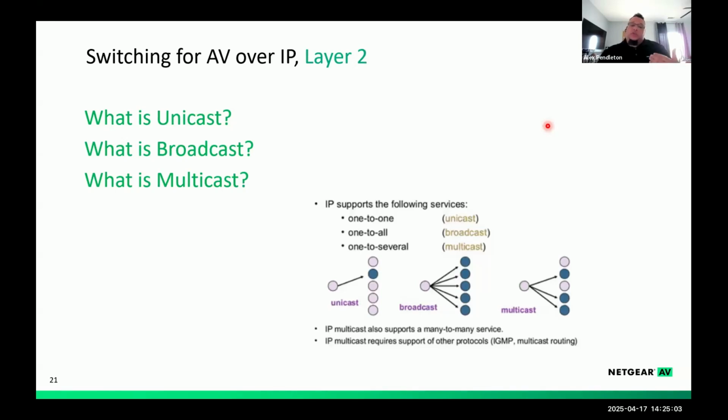I mean, it still does one to all, but it's selected based off of IGMP and multicast routing, and that's why it's a little bit different than, say, a broadcast. Only select devices that request the group information from the source will receive that message, and the ports that do not request it will not receive those messages.